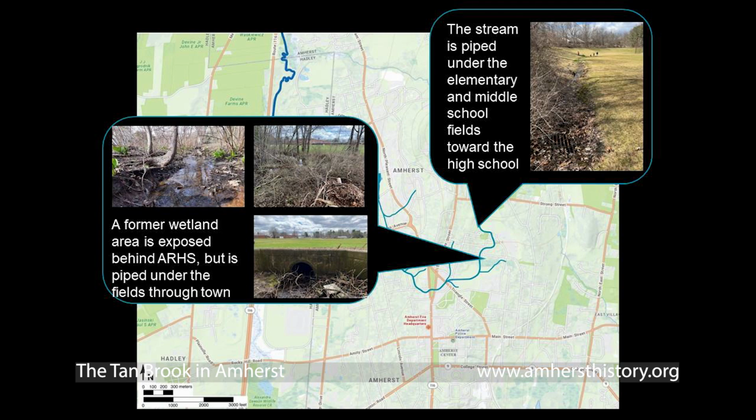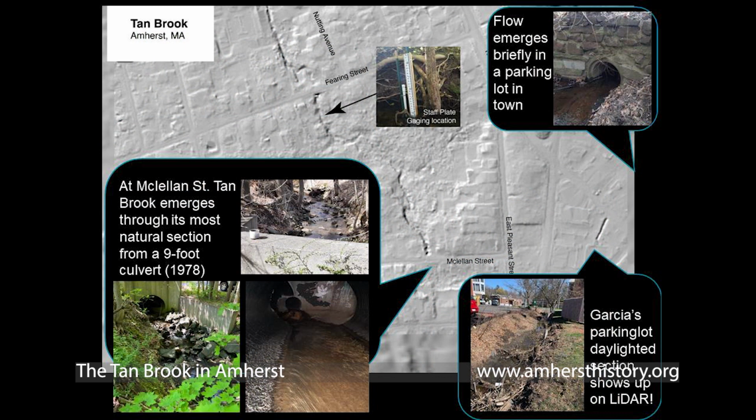And then, somewhere, I can't remember where this one is actually. I think this is up here somewhere. But this is kind of cool. When you're looking at the LiDAR imagery, you can see things. You can see elevation features that you wouldn't necessarily pick up, and this is one that really pops out of